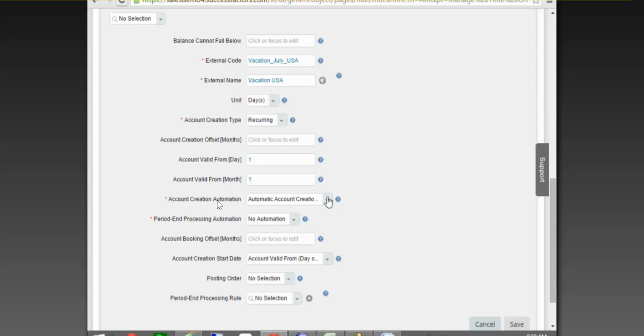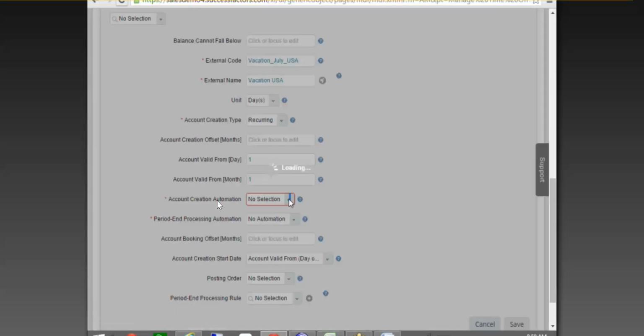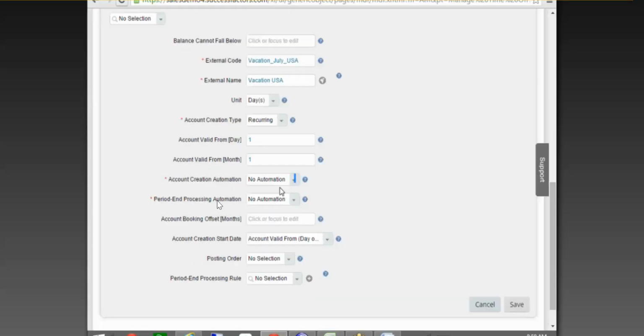I'll show you the manual process first, because it's the standard or the good old way of SuccessFactors, where at least